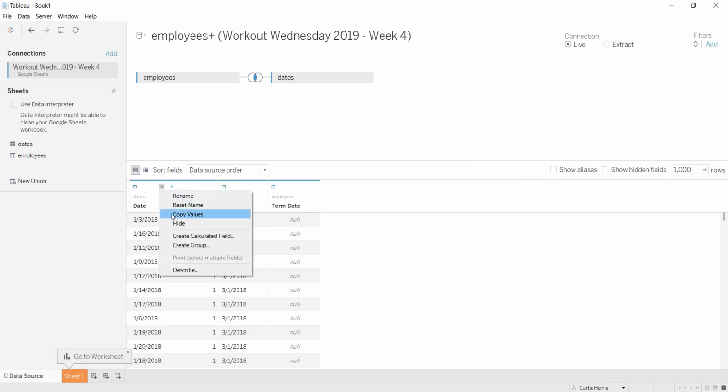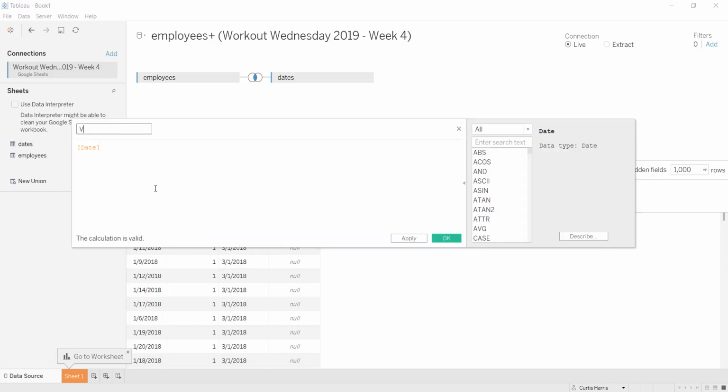So I'm just going to hit one of these fields, create a calculated field, and then write something like a Boolean calculation. So now that we know we have one row for every employee, for every date in the date file, we can work on our logic there. So we want our date from the date file to be greater than or equal to the employee's hire date. We also want our date from the date file to be less than or equal to today's date or the term date,